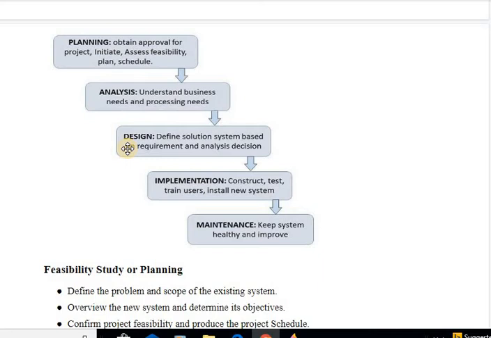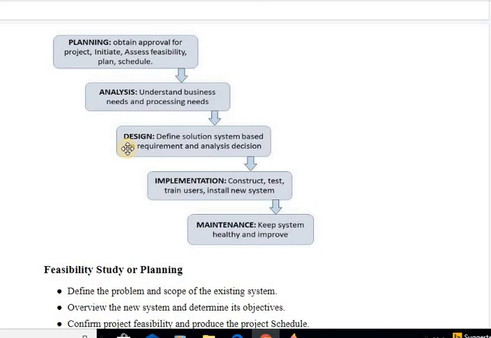You can say that at the very first phase the requirements are gathered from different clients, and in those requirements you take the input from the client,